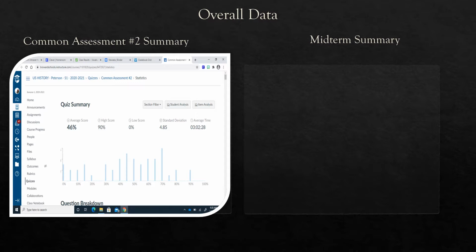You can use your section filter. This is for all sections, so when it says average score 46%, that is the average score of all of my classes. I teach period 1, period 2, and also period 7 U.S. history. You can also look at student analysis, and you can also look at item analysis when you're giving assessments,